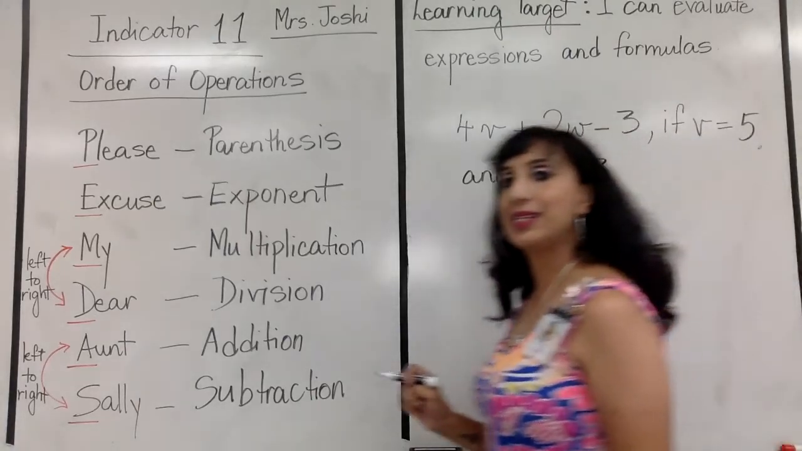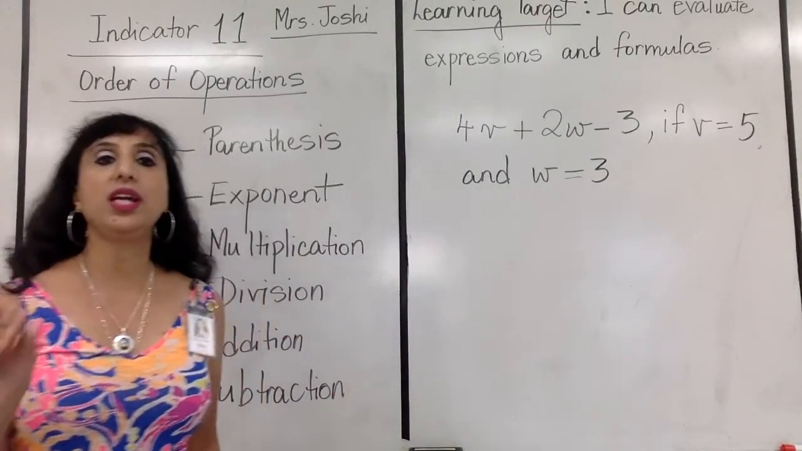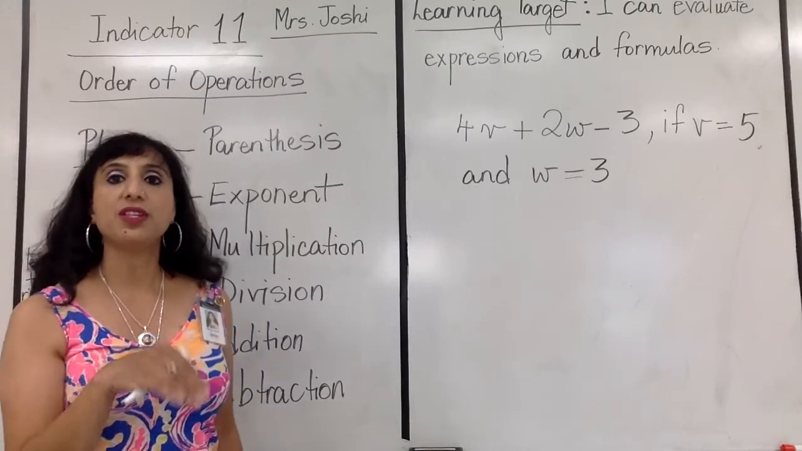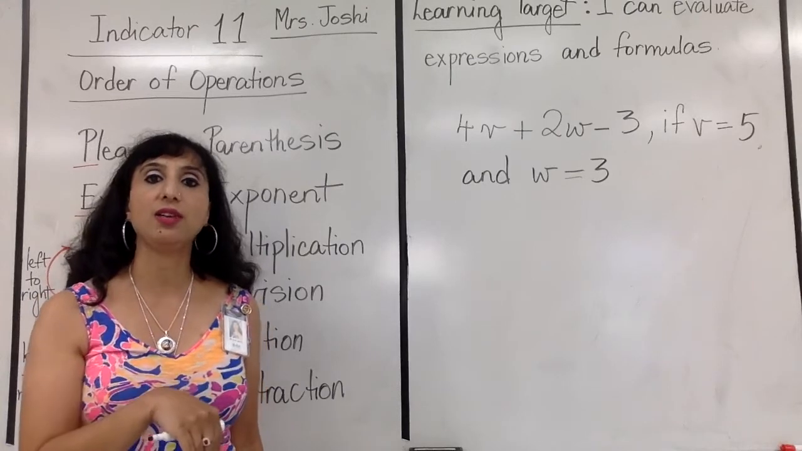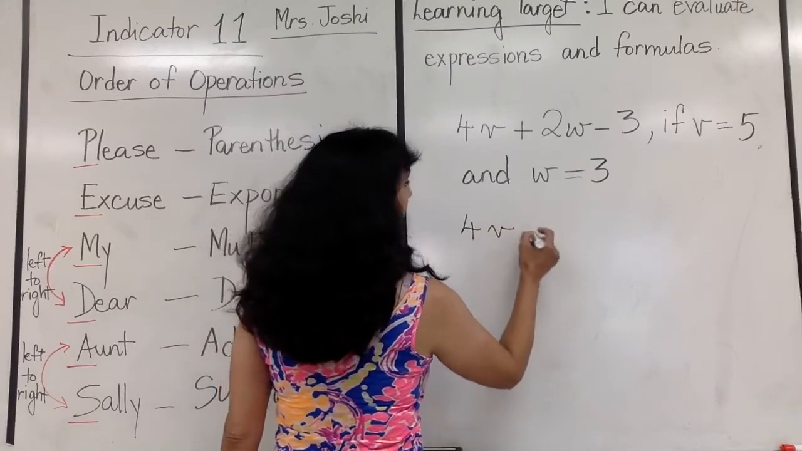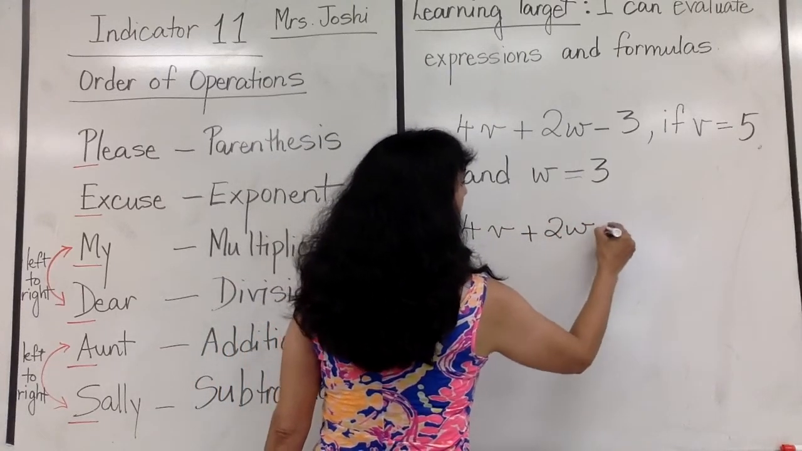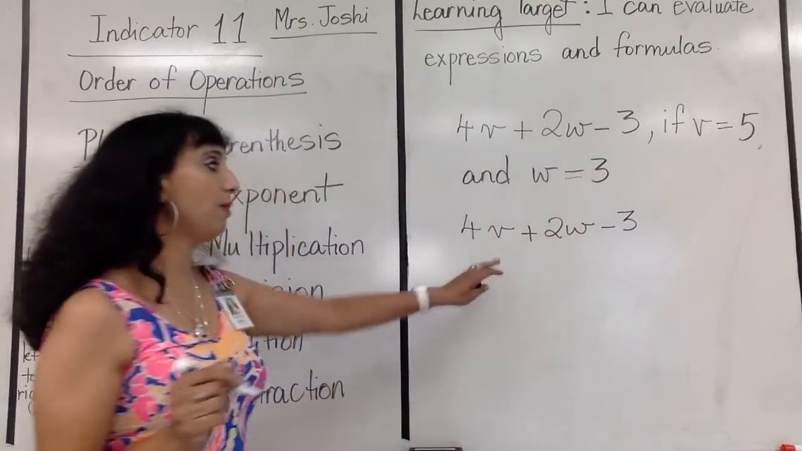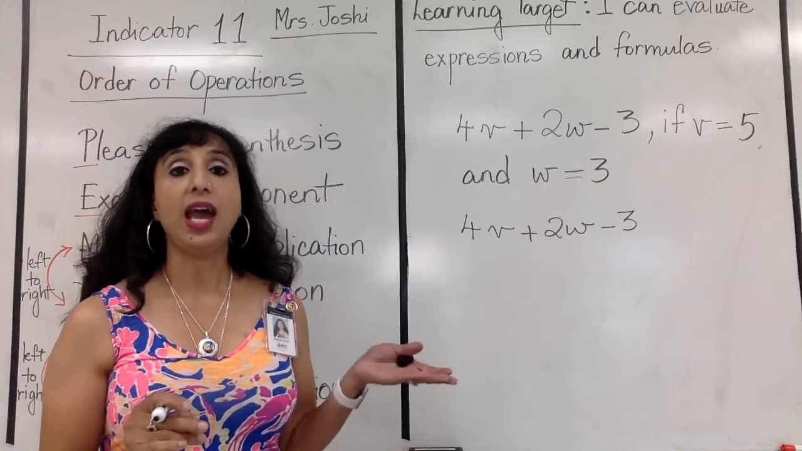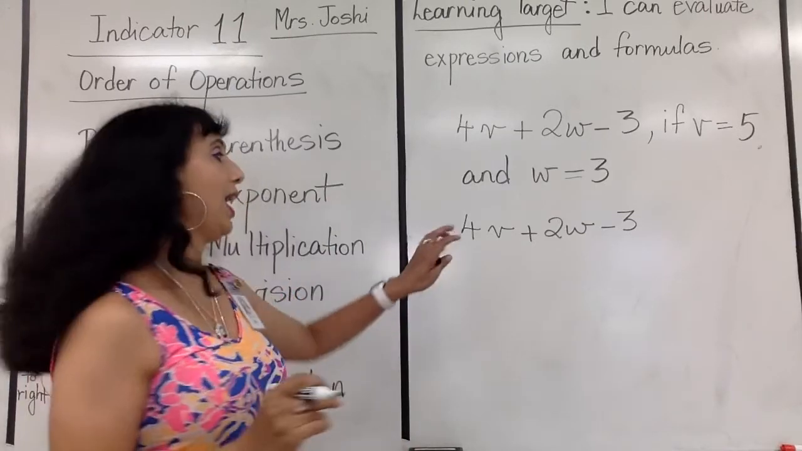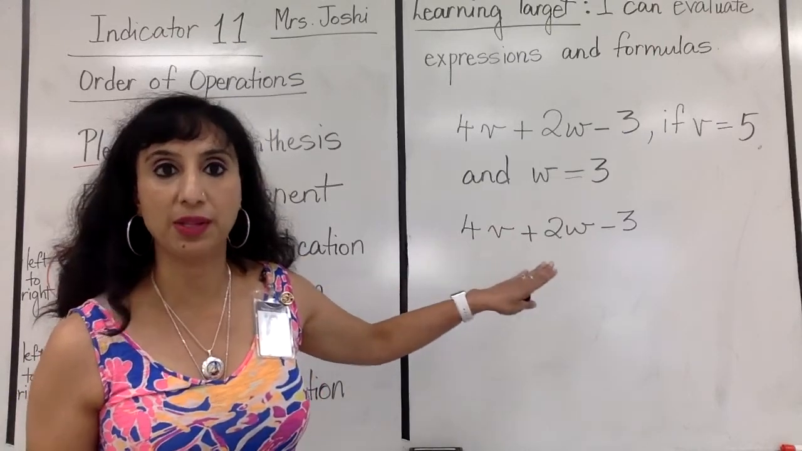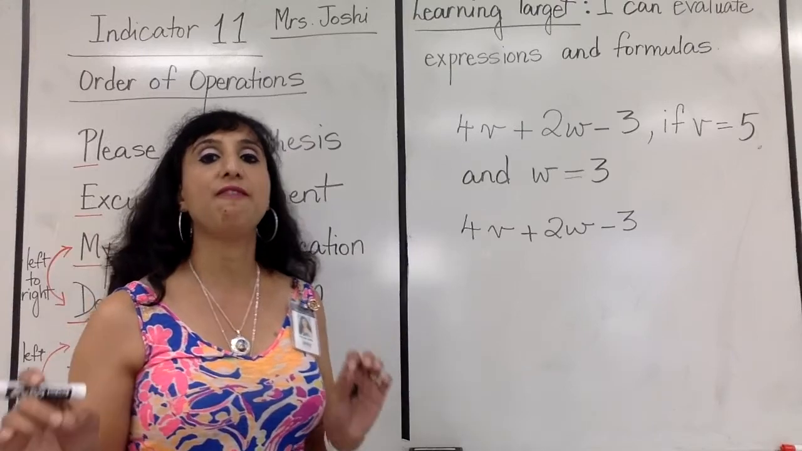Okay, so when something like this is given, all you need to do is, if v is 5, you're going to substitute the value of v. If w is 3, you're going to substitute the value of w. Okay, so we're going to write it out. 4v plus 2w minus 3. Remember we said that the variable stands for a number, okay? And the coefficient comes before the variable, and this means multiplication when the coefficient is written right next to the variable. So if v is 5,